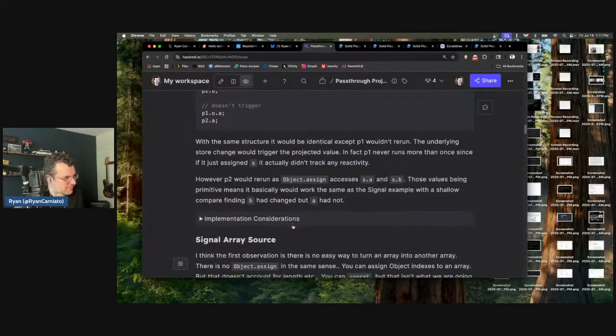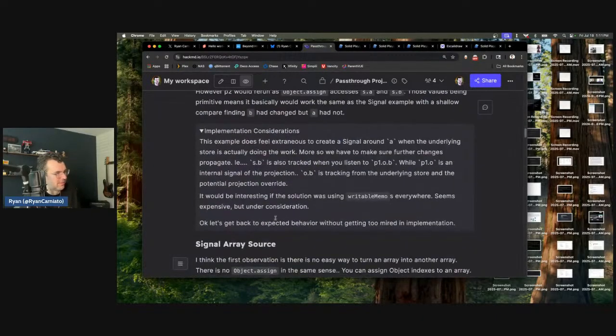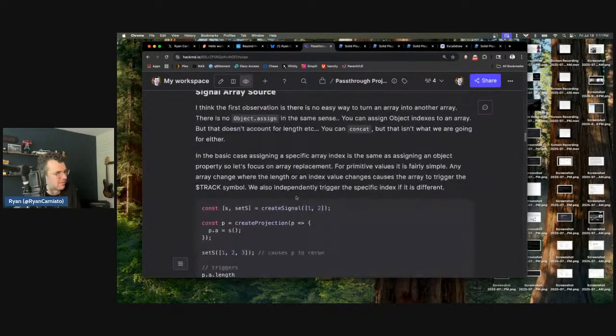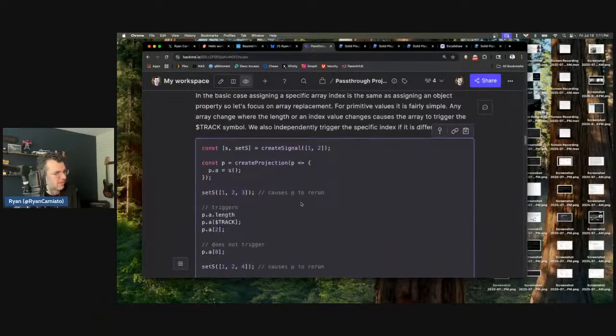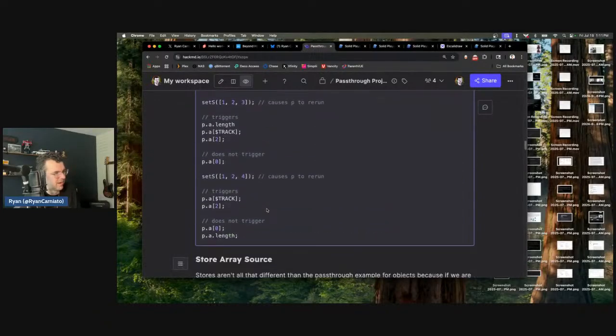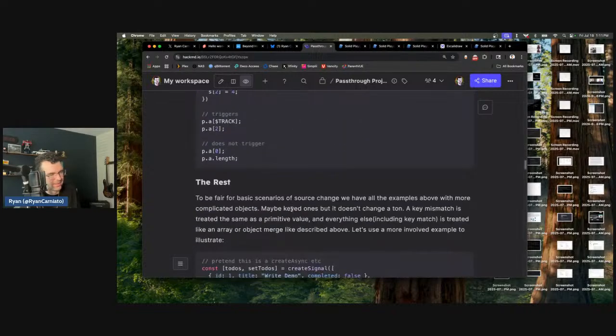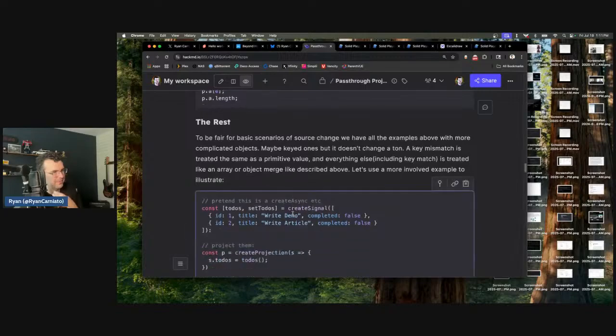Okay. And then I go on a whole thing about solutions using writable memos anyways. It doesn't actually work that way. It's actually more complicated than that. Signal array source. Same idea. Honestly, this isn't rocket science in terms of what the expectation is in terms of diffing. But